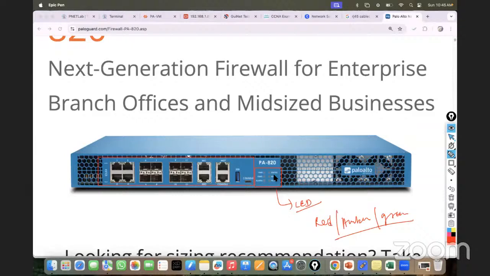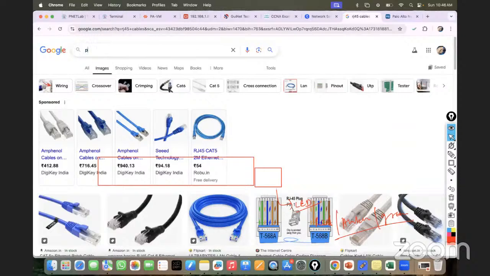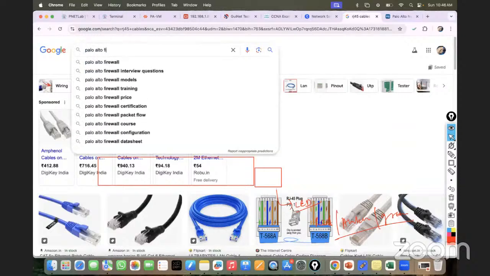If HA has any problem, then it is going to show red. If temperature has a problem, then it is going to be red, right? So anything red means something is danger. Amber means something is a warning. Green means everything is all good. Clear? So these are very important things, and you should always keep an eye on them when you have any problem, or you might ask your local team to go and check how it looks. So these are the LED statuses. Let me show you if I can find some